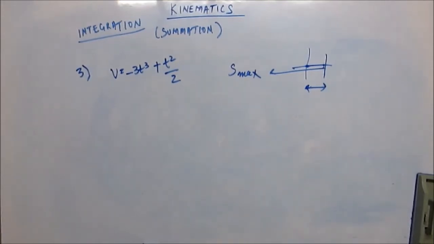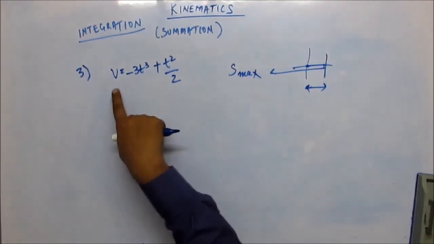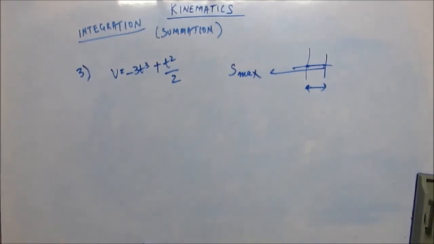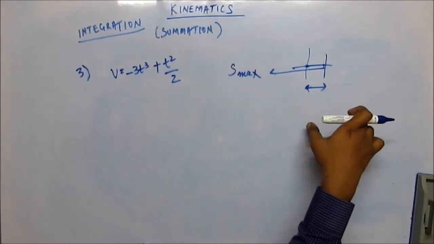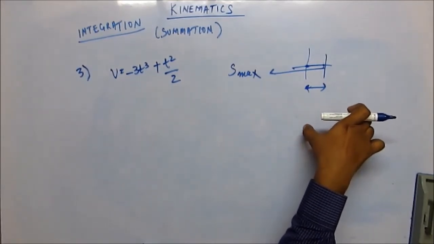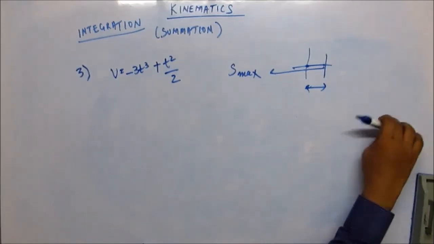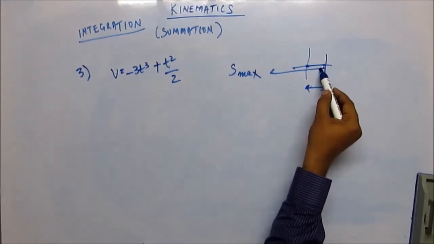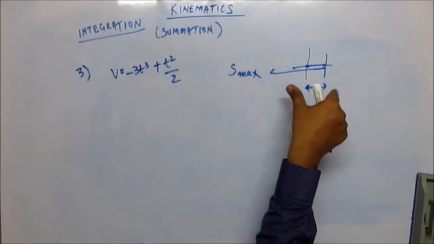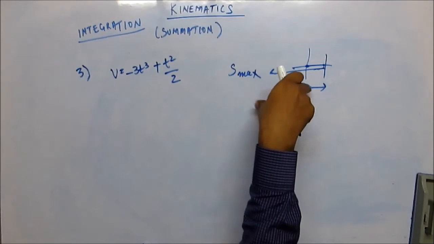So actually you have to find the point at which the velocity becomes 0 other than t is equal to 0. At t is equal to 0 you will see velocity is 0. But apart from t is equal to 0, when the velocity is 0, that is the point at which there is maximum displacement, and after that the velocity will become negative. That means it will start the motion in reverse direction, and the displacement will again start to come nearer and nearer to origin and decrease, and then it goes on the left hand side, and displacement will start to become negative.